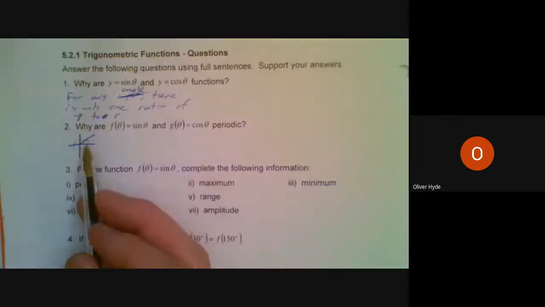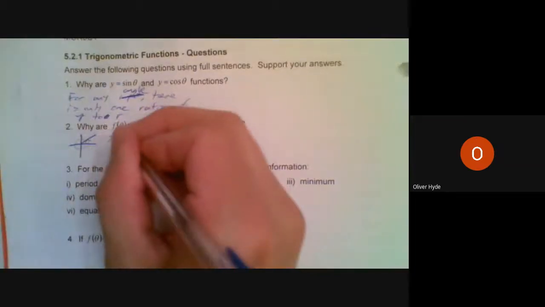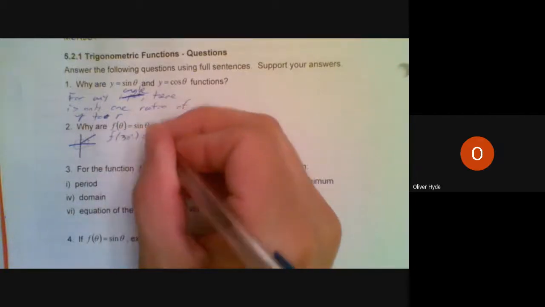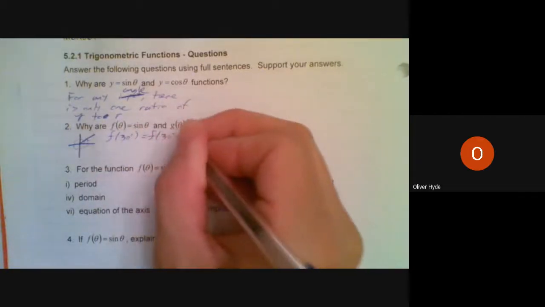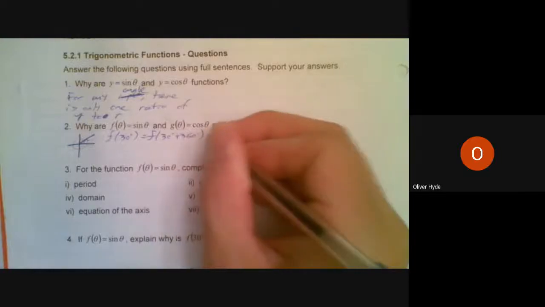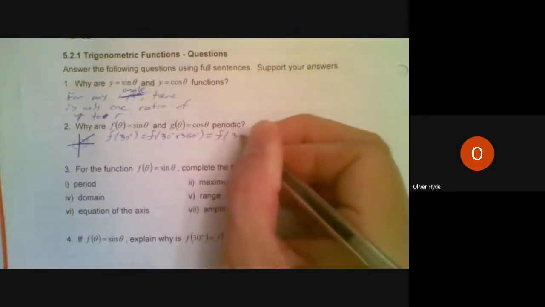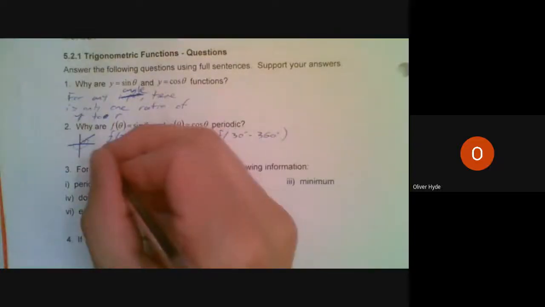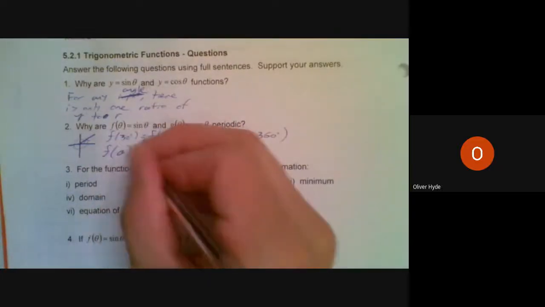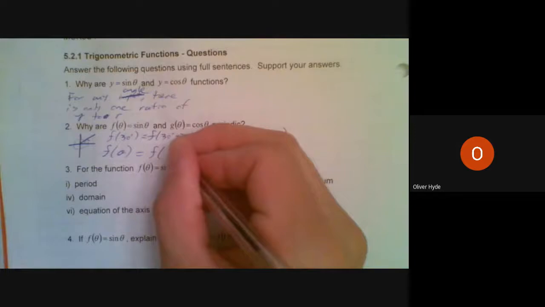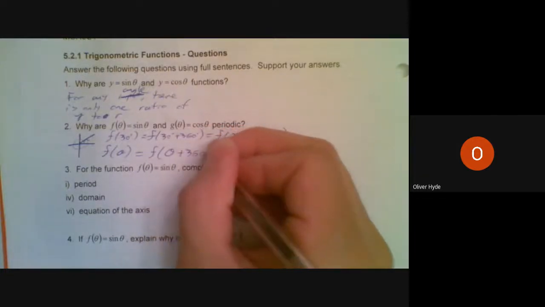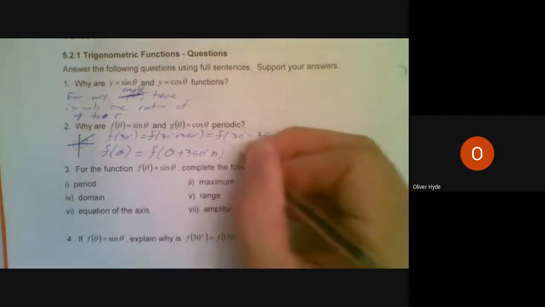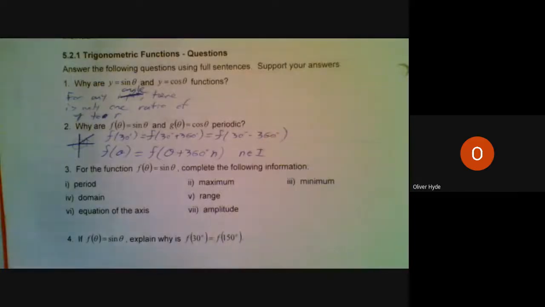So if I look at f of 30 degrees, it's going to be equal to f of 30 degrees plus 360 degrees. It's going to be equal to f of 30 degrees minus 360 degrees. In fact, in a more general case, I can say that f of theta is going to equal f of theta plus 360 degrees n, where n is any integer. This is getting a little bit fancy. This is getting close to